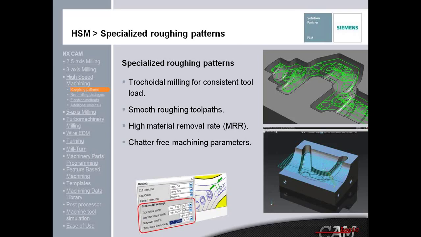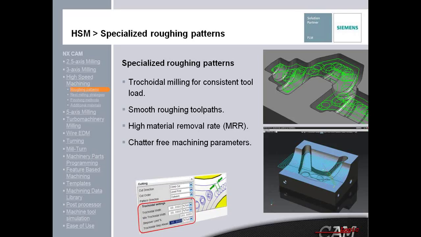In the high-speed arena, we're going to chat a little bit about the specialized roughing patterns that come with NX-CAM. For instance, the trochoidal milling that we see up in the right-hand corner for consistent tool load. The nice thing with NX-CAM and the toolpath algorithms is that it automatically calculates, and it'll only use trochoidal milling in areas where it's absolutely necessary. When the tool is not being overloaded, you won't see a trochoidal toolpath, which results in faster speeds and feeds,